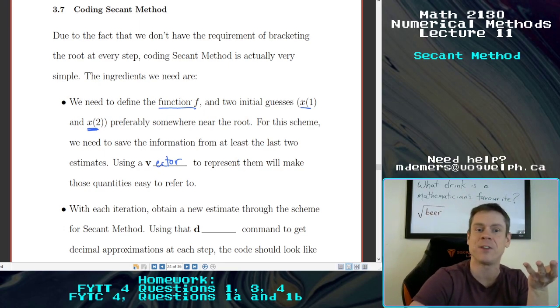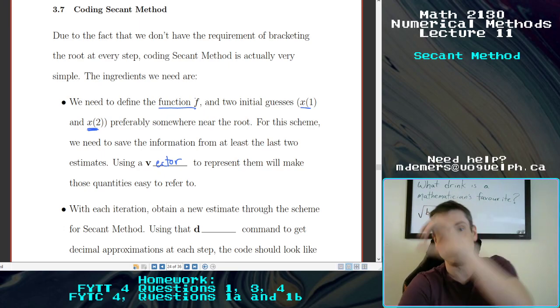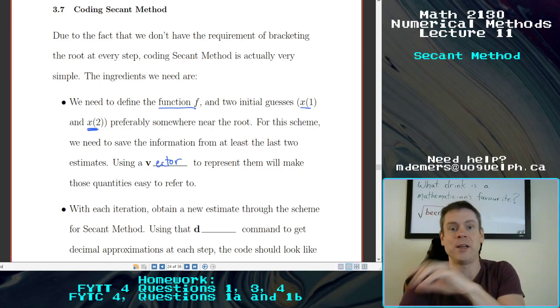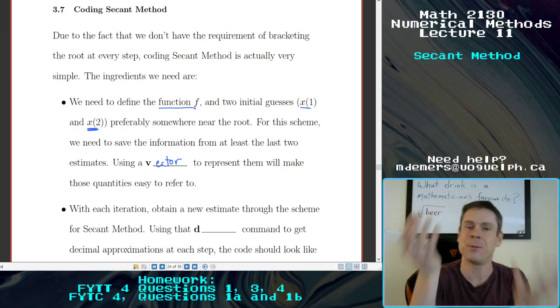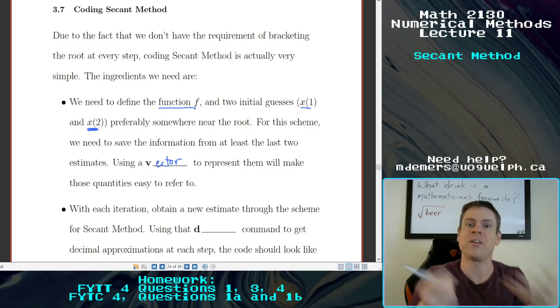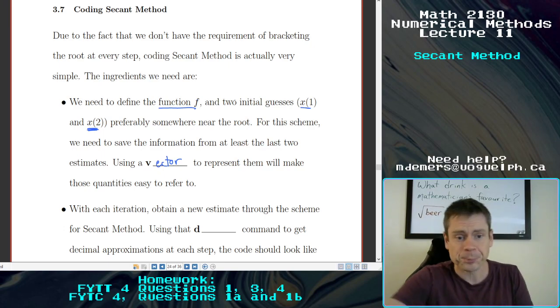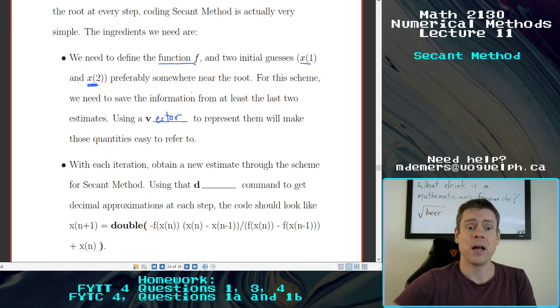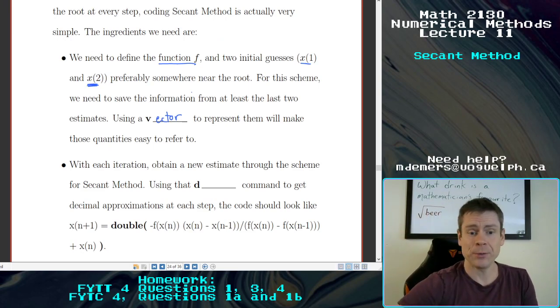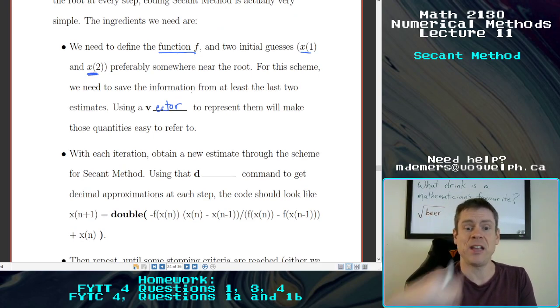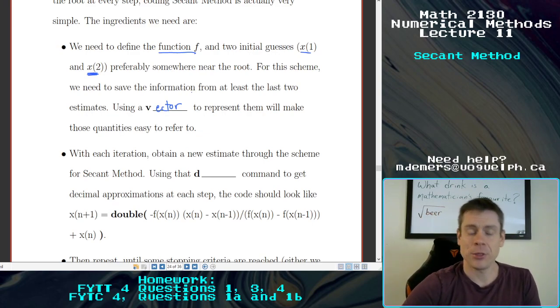So you might want to define the function as f of t, and then use estimates x1, x2, x3 to sub in, so that MATLAB isn't confused between what you've defined symbolically and some different things that you've designated as numbers. Okay, anyway, whatever you do, you are going to want to obtain a new estimate through the scheme for a